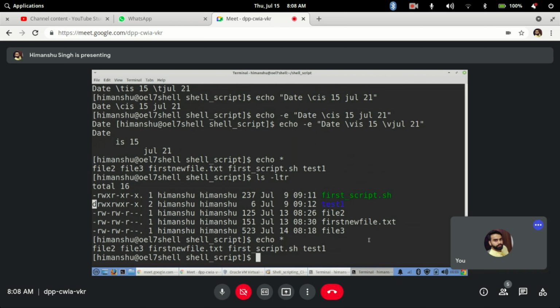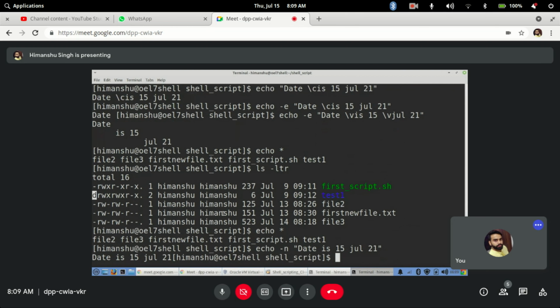Now, what we just asked with \c was removing the characters after \c. But if you want output without a new line, in the same line, see, it has printed everything here only, and the command prompt also printed in the same line. So you can give the option as echo -n.